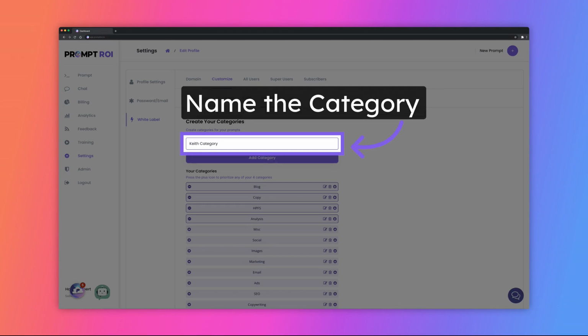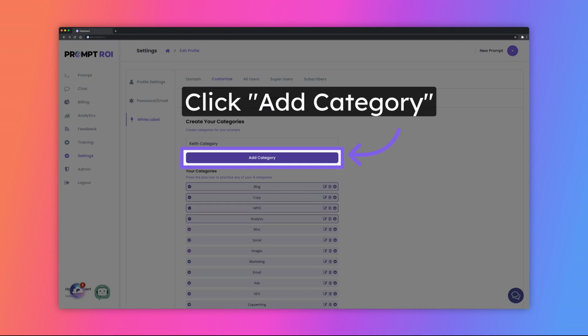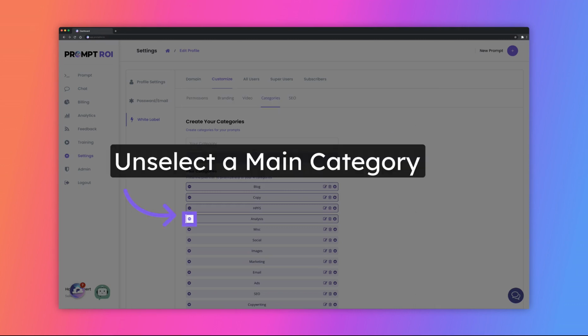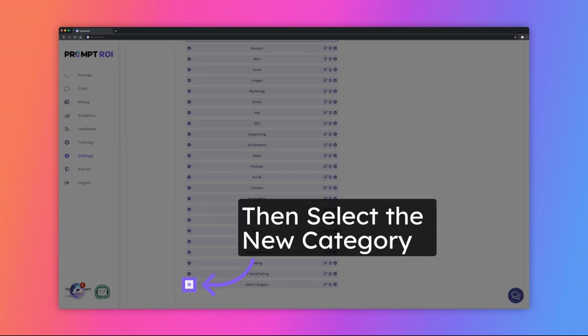Give your new category a name. Then click the Add Category button. You're allowed 4 main categories that display on the home page of your marketplace. Let's unselect this category so we can add our new category to the top 4. Now click on the plus symbol on the left side of our new category to add it to the top